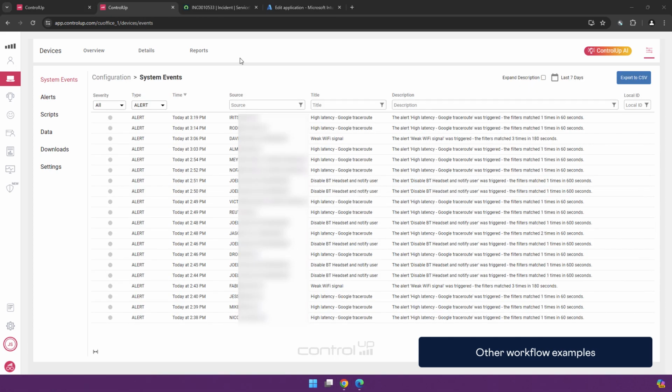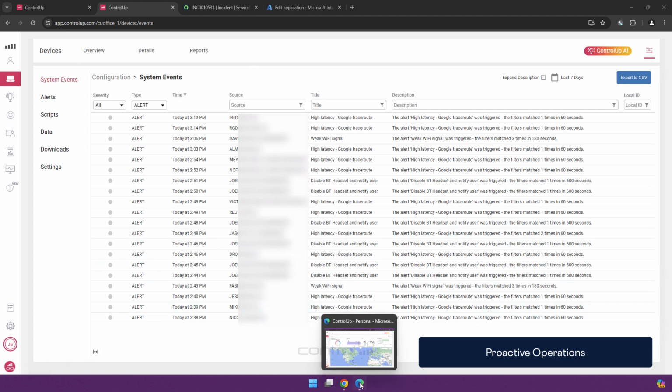So we just looked at how we can use ControlOps DEX platform to remediate certain things reactively, although through automation this can of course also become proactive. But let's dig a little bit further into how ControlOps can be used to be more proactive as an IT operations team.